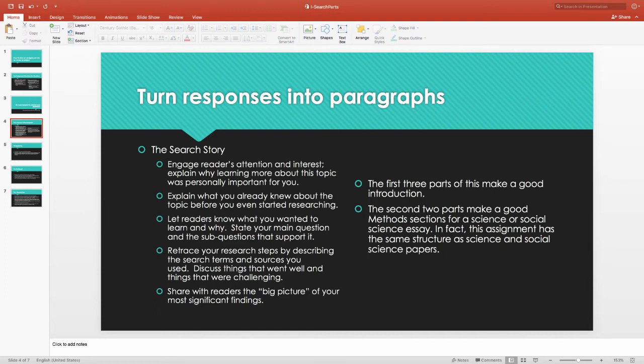All right, so the I-Search story said that you were to do these 5 things, right? Now, that can be turned into 5 different paragraphs, but then none of them would really look like an introduction. One way of coming up with your introduction is to answer points 1, 2, and 3. Notice this one ends with your main question and the sub-questions that support it. That's a fairly natural way of ending your introduction. And then